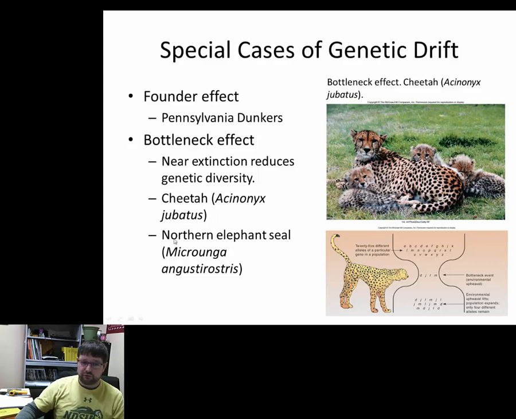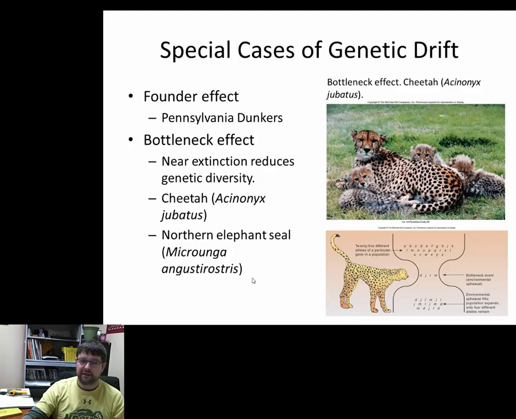The other thing is, we've done this with multiple species, things that we've hunted to near extinction numerous times. Cheetahs, northern elephant seals, fur seals, canvasback ducks. I mean, tons and tons of species have been hunted. Bison have been hunted to near extinction and then brought back from the brink of extinction, which is great, okay? Because that's the purpose of the Endangered Species Act.